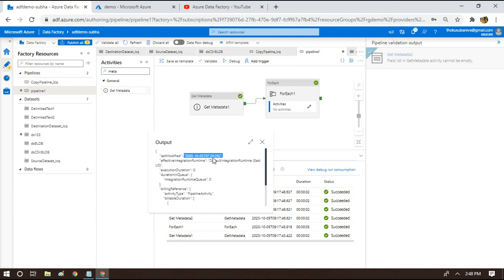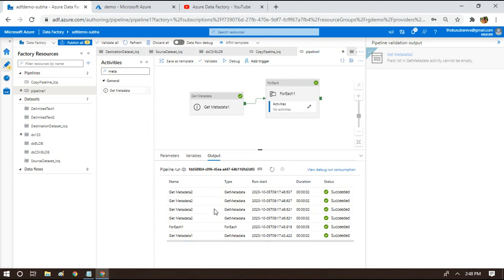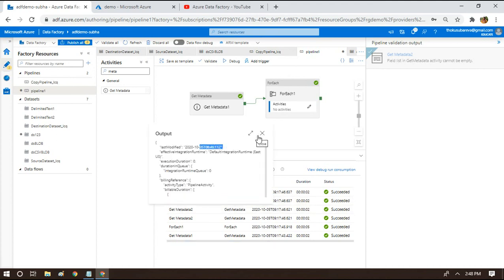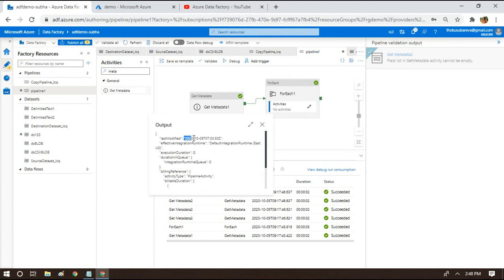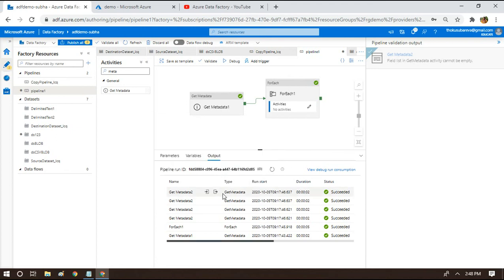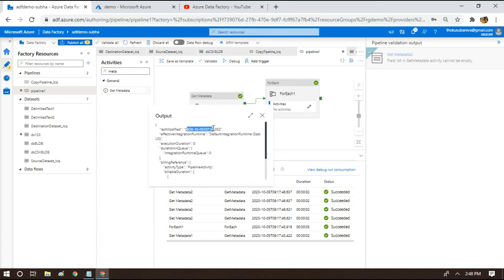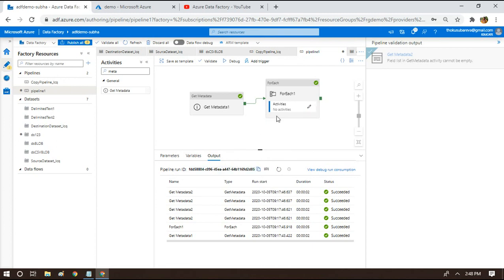This is 728, and then the next file, if you see, 646, and then 733. Like that, it is pointing to each file, and it has brought the last modified date of each file. After we have obtained the last modified date of each file, we can implement whatever we want in real-time scenarios. For example, we might want to filter some files based on the last modified date, and all that we can implement later. Getting the last modified date of files is what I wanted to convey. This is how we implement it.